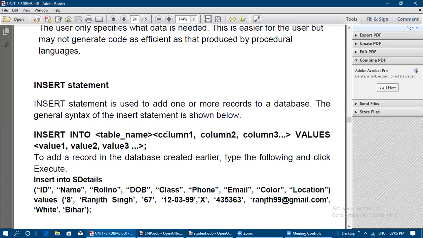So you can mention the number of columns, followed by values. This word you need to write. After that use the parentheses, and for the first column, give 1 value. You should not change the order of the values when you are passing the values for these column names. Whatever column names you have mentioned here, for the same column names you need to pass the values in the same order. If you make changes in that, this will create an error. At the end, a semicolon you compulsorily need to give. So this is the general syntax for the insert statement.